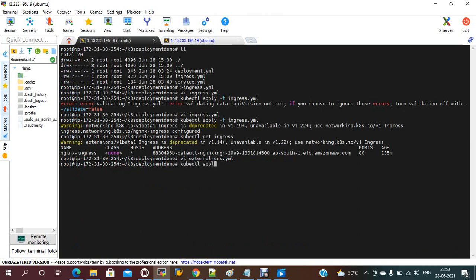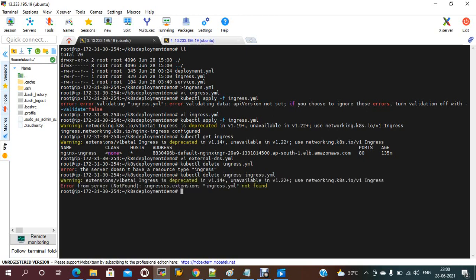kubectl apply. Before that I will delete my ingress file, so that it will be picked up, right? So let me delete, kubectl delete ingress file name. kubectl get ingress.